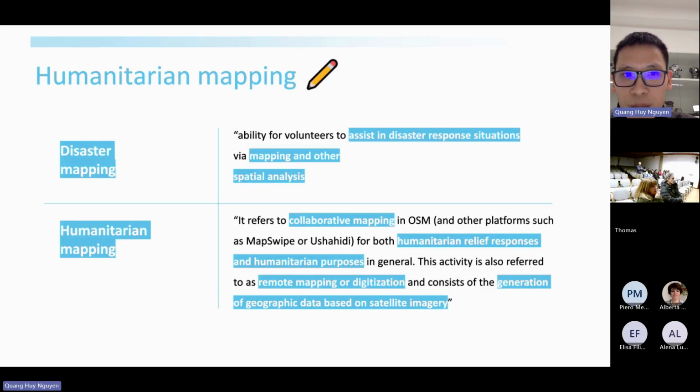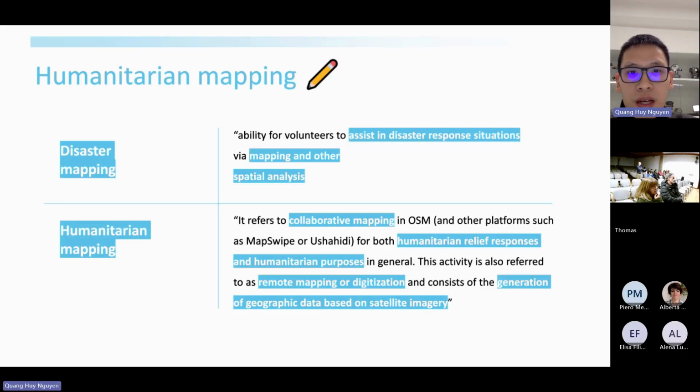So how is humanitarian mapping more specific than disaster mapping? We can see first that disaster mapping only requires you to use geospatial technology. Humanitarian mapping requires collaborative mapping, which means mapping between people. You cannot do humanitarian mapping with only one person.